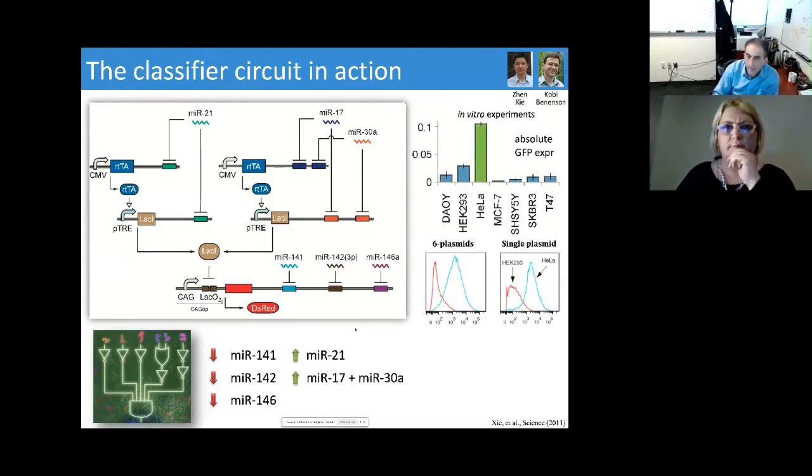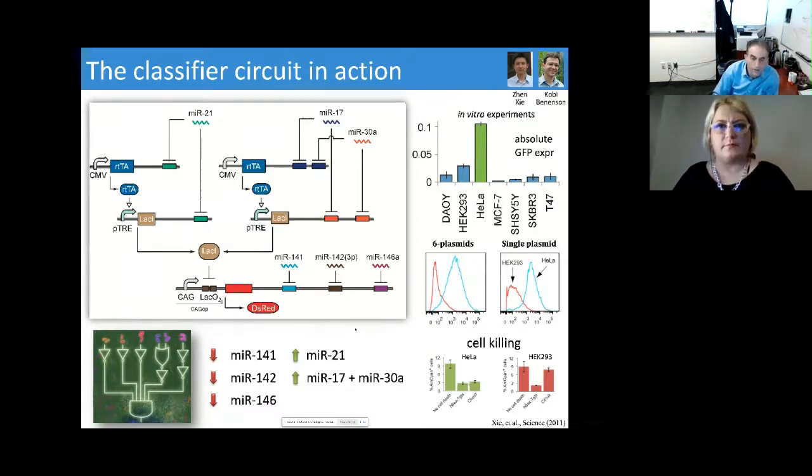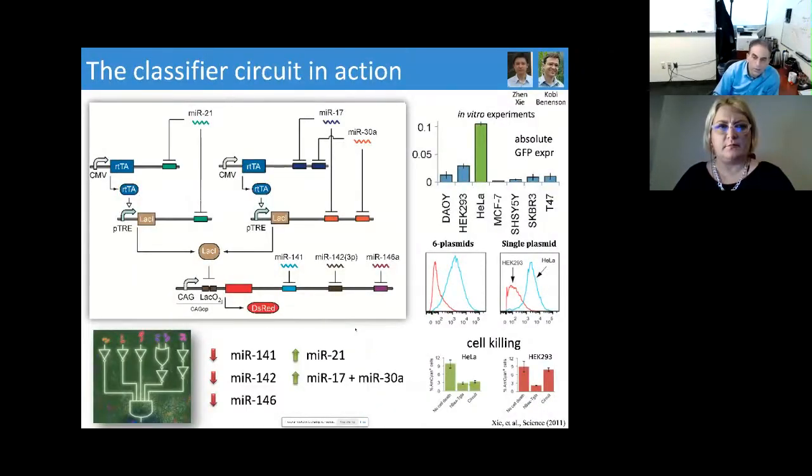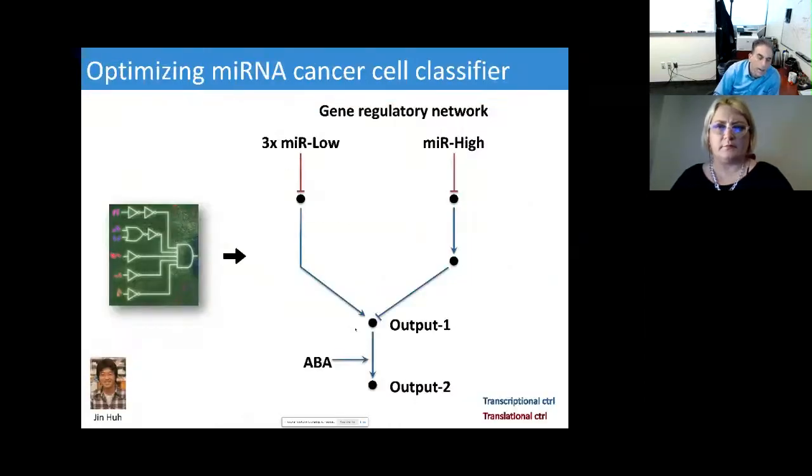And this indeed is able to activate gene expression in the right cell types, although it wasn't perfect. So this is work that was done now almost a decade ago. And so while it was pretty good, it didn't have the on-off capabilities that we wanted. And so what Jin, postdoc in the lab, did is he said, let me even try to improve this on-off behavior. So he took the circuit and then he added a whole bunch of regulatory motifs.